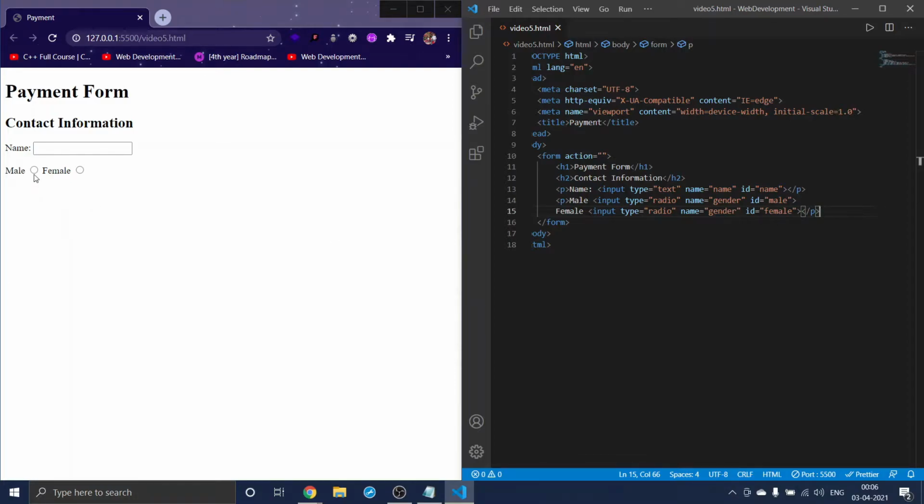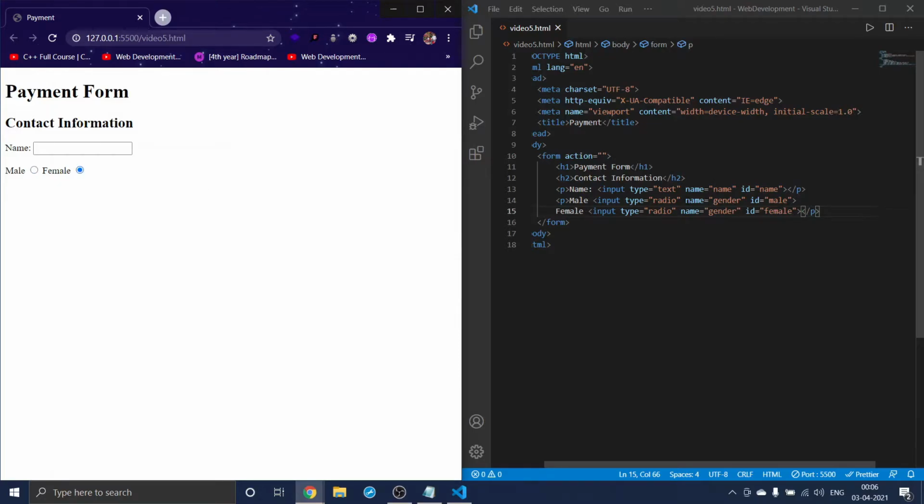So when you check this, you can either click this or this, because we gave the name here same. For example, if you change the name here, for example I'll remove an alphabet, and when I save this, check this out, you can check this and this as well. So no one can be male or female, right? So in this context I will give the same name here and I will save this, so you can only select any one of these.